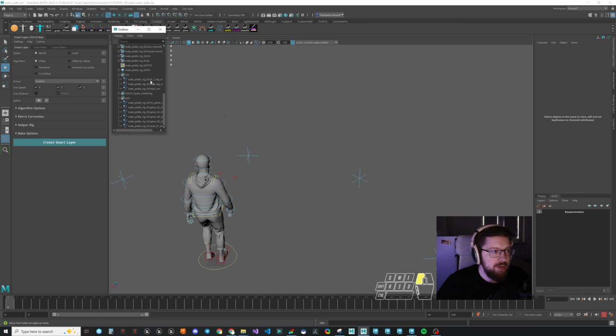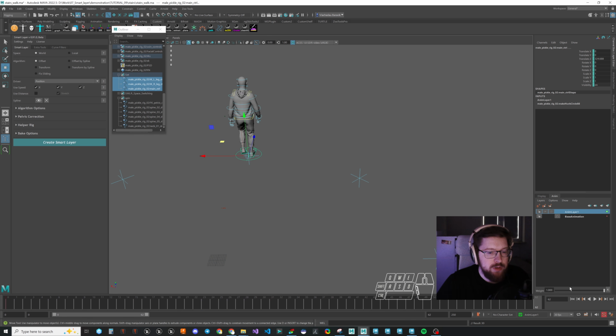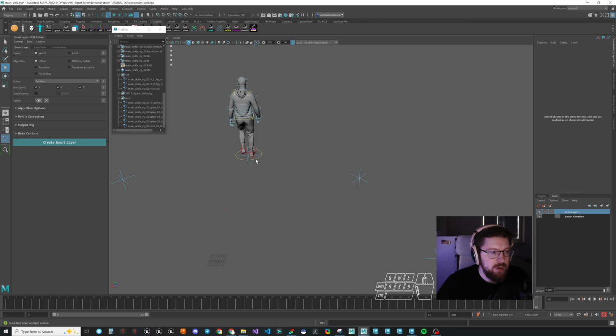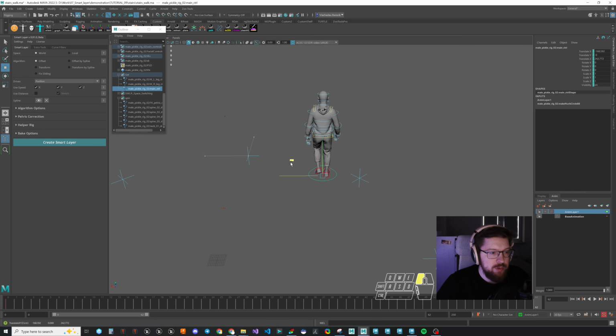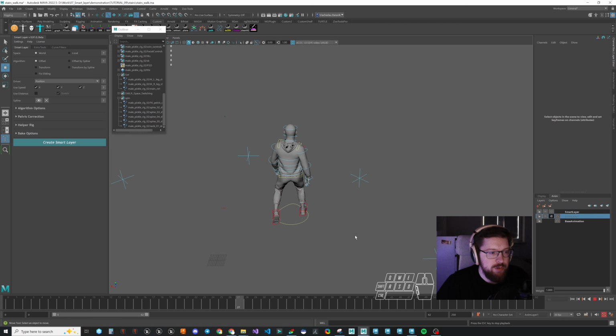So for demonstration, I will add IK controls and main to the animation layer, set basically one key at the beginning of the time range, and at the end of the time range I will simply offset my character to the required position, for example here. Now I will apply the script in the offset mode, which is essentially a simple adjustment blending. Just select the layer and run the script, and we will see that the character is sort of strafing 45 degrees